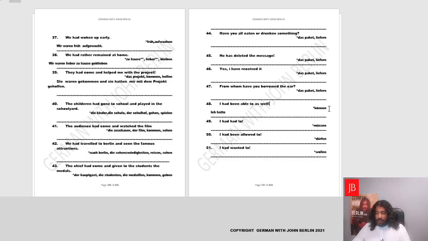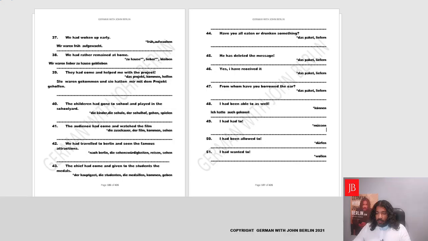And basically the verb is to be able to. So können will change into gekonnt. Yes. Ich hatte auch gekonnt. I had been able to as well. Ich hatte auch gekonnt. Yeah. I had to go early. I say to you, you say I had to as well. So how will you say I had to as well? You look at the main verb, which is müssen. That's the helping verb. Yes, so you will choose the helping verb accordingly.